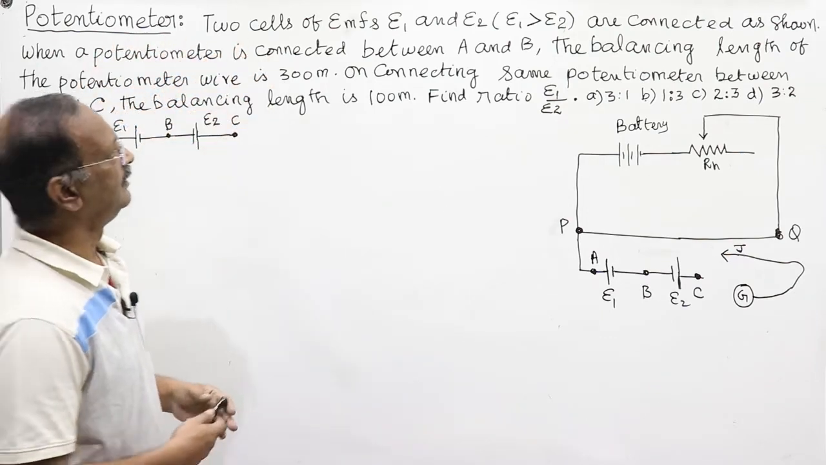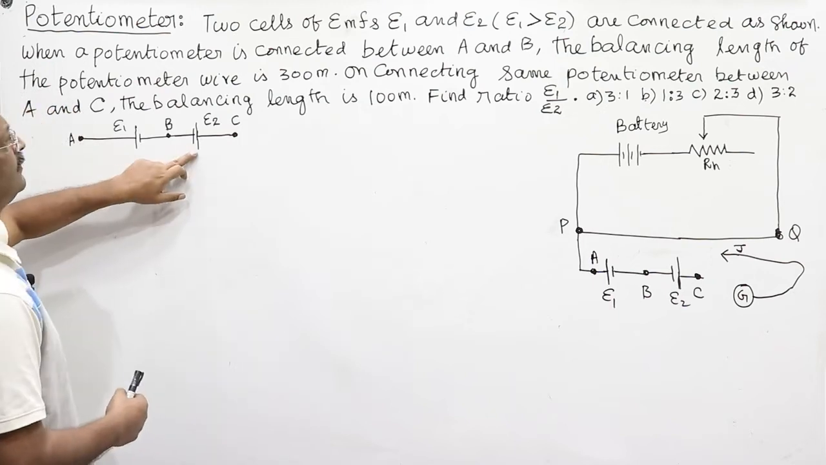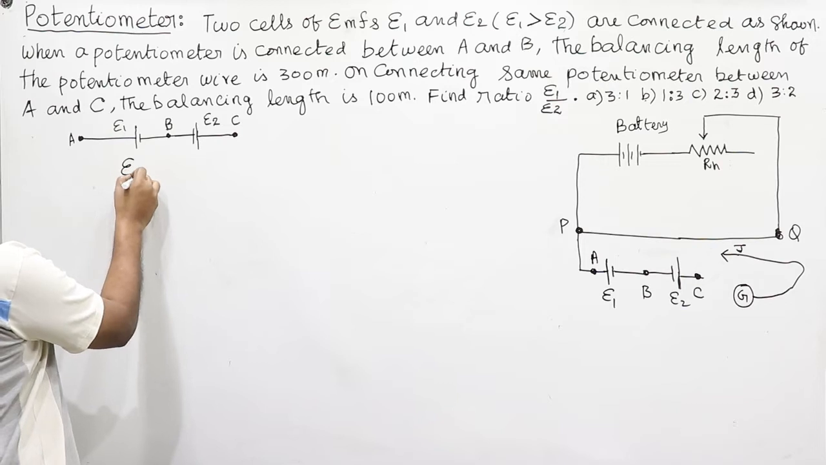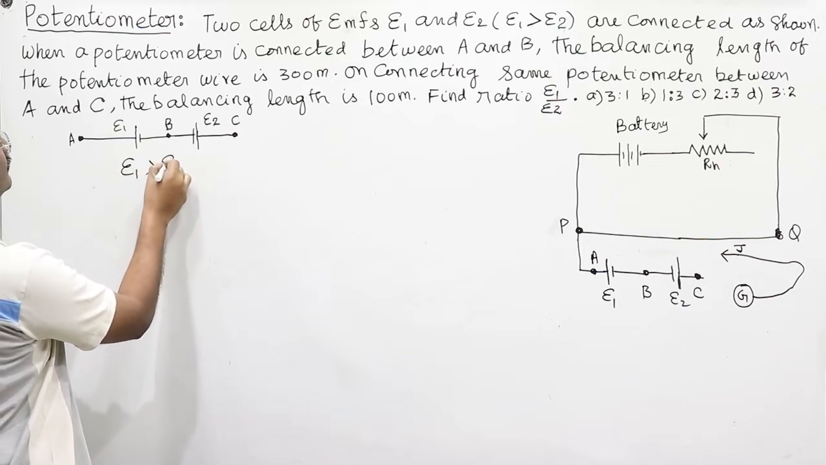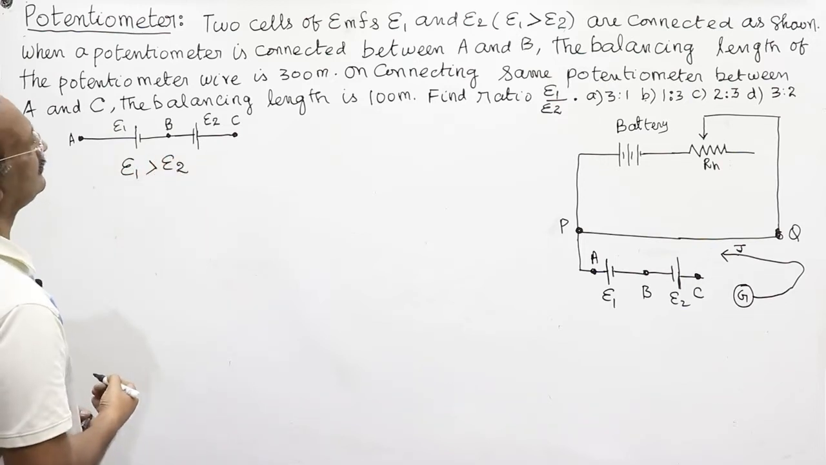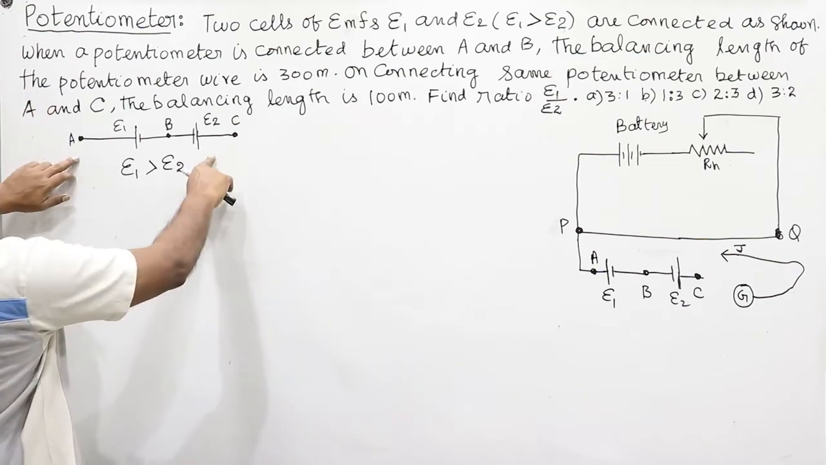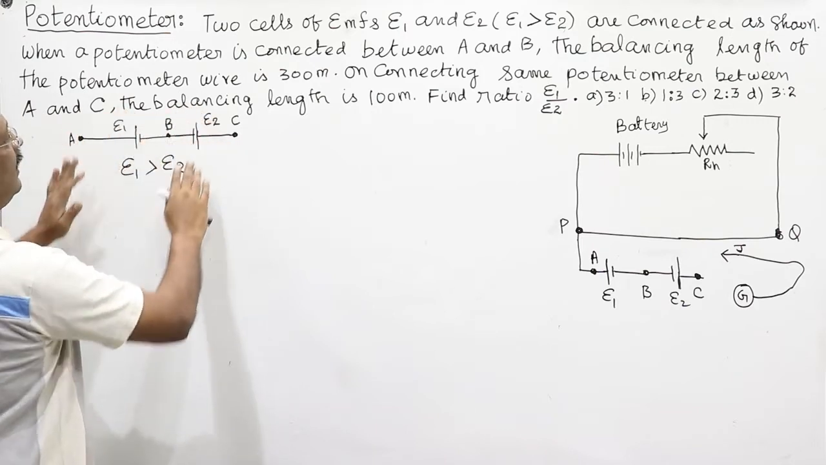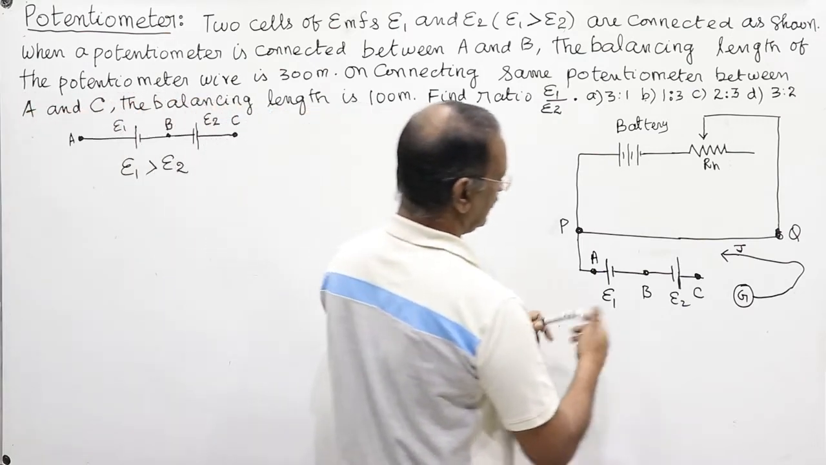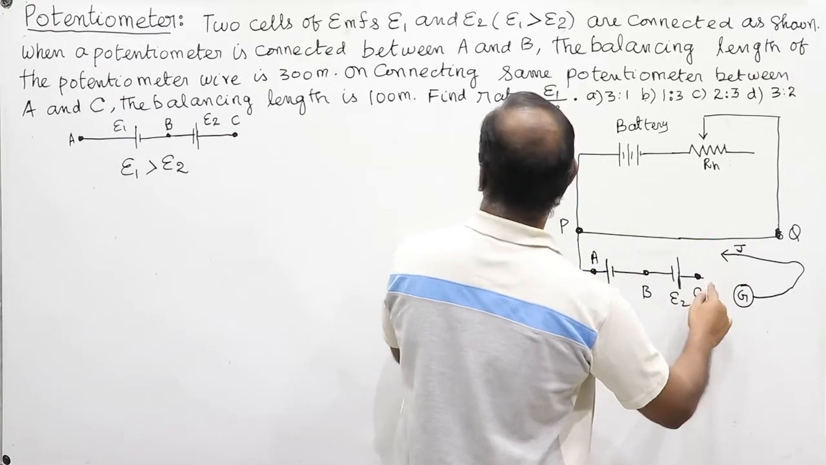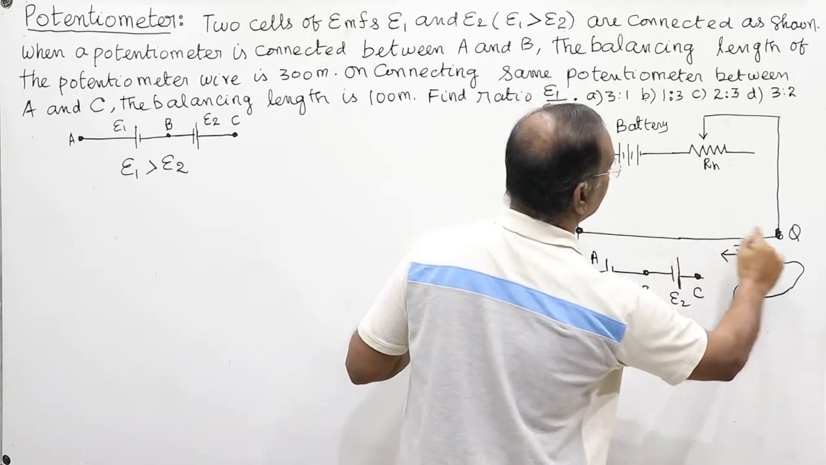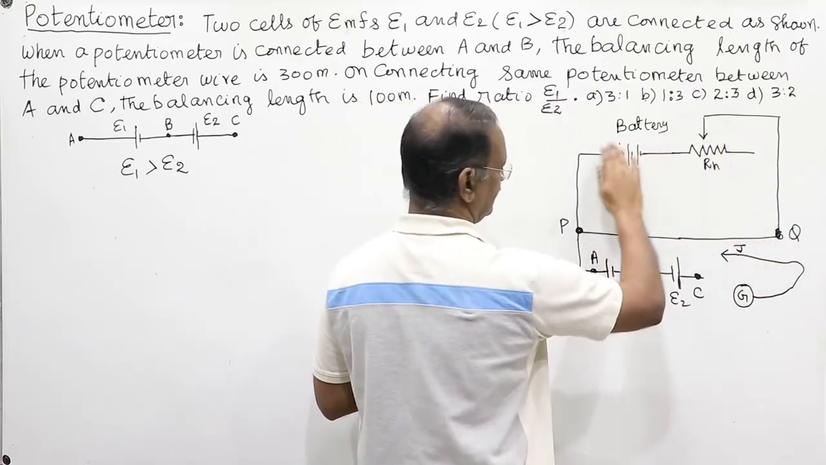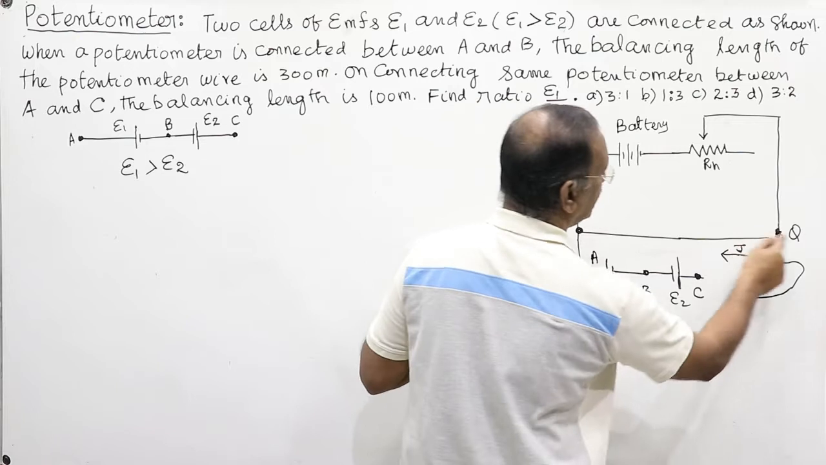Two cells of EMF E1 and E2, where E1 is greater than E2, are connected as shown. This is the cell, with terminals A, B, and C. The portion between A and C is connected to the potentiometer. This is the potentiometer wire, and this is the potentiometer arrangement, and the cells are connected between P and Q,